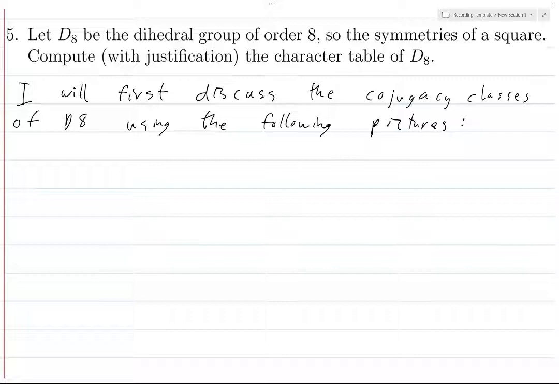I've also seen this exact same question posed saying you can use the fact that D8 represents the symmetries of a square. So I think this problem actually wants you to do this sort of a discussion to explain why there's 5 conjugacy classes, because